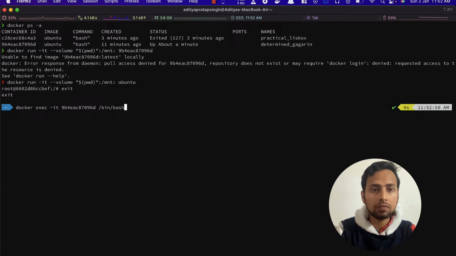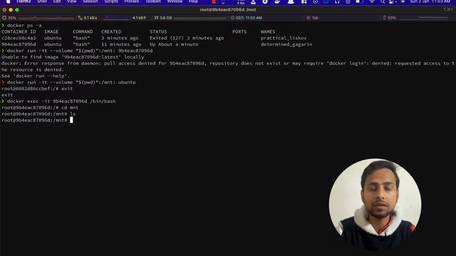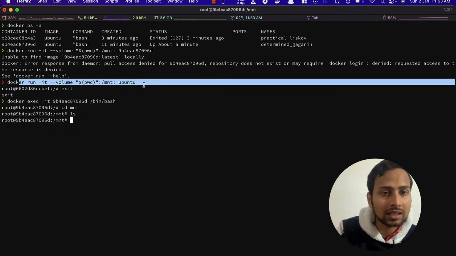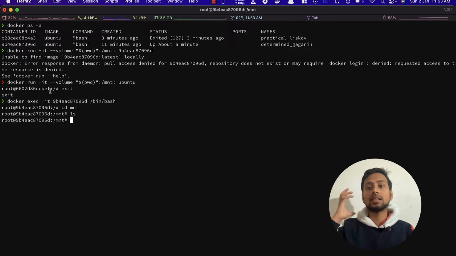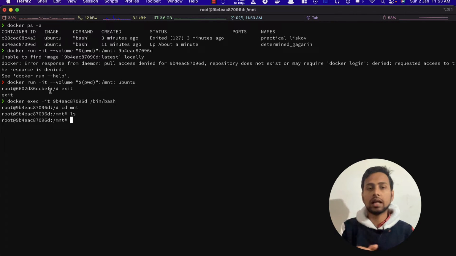So now if we want to go to the particular folder and we do cd mnt and we do ls, we see nothing, because when we did this, connecting things with the volume, this is the container that was created that contains that link. There are multiple containers, like 1, 2, 3, and this particular container with the 66 ID, 66 something, is now connected with our directory that we want to work with.